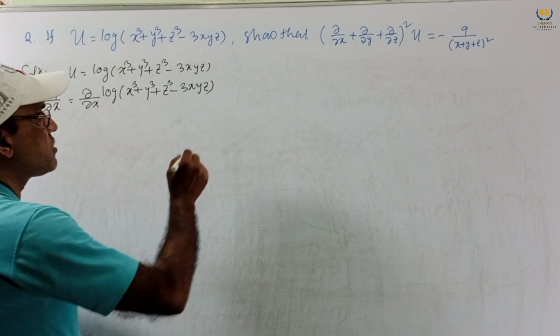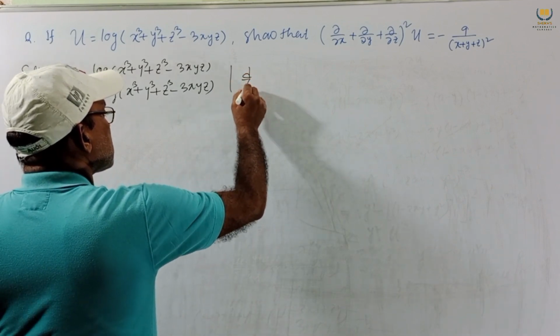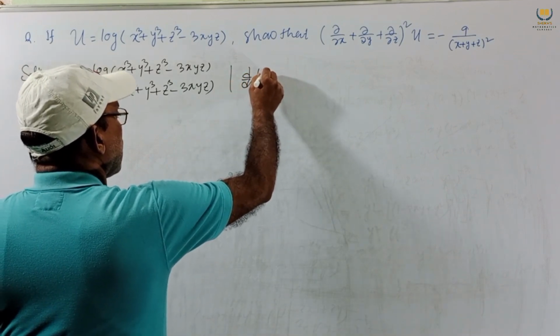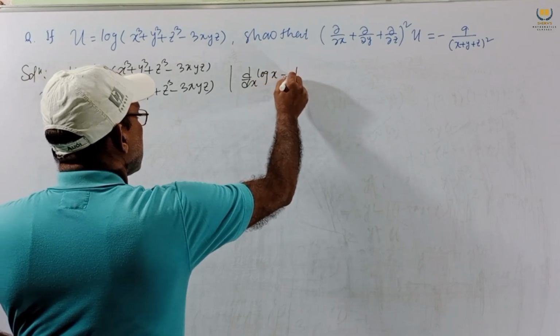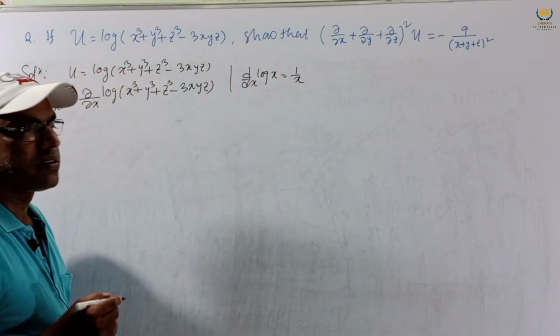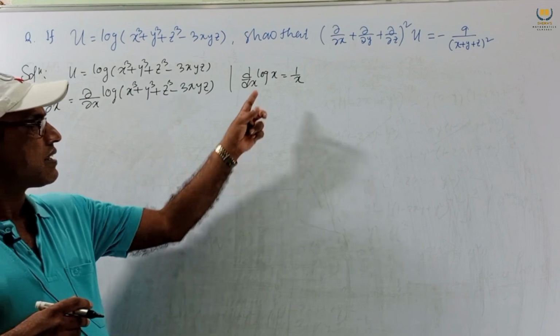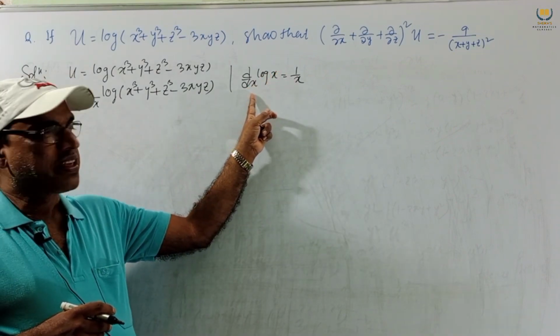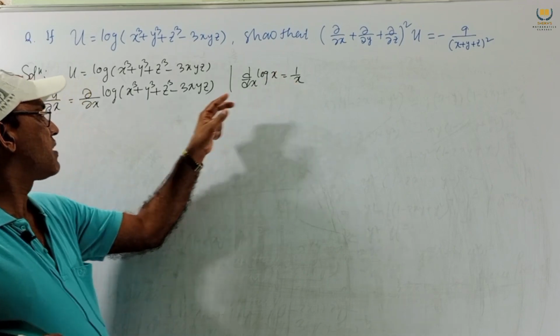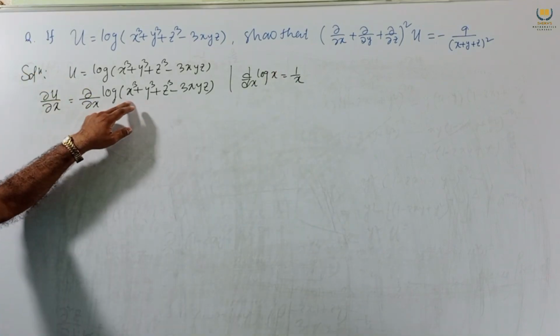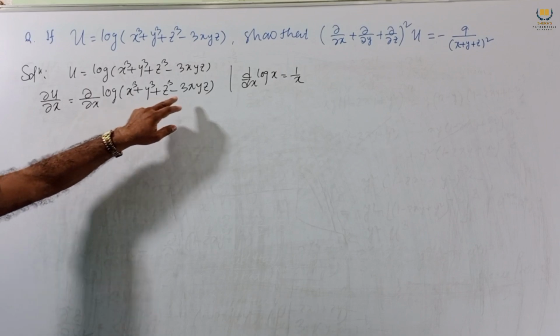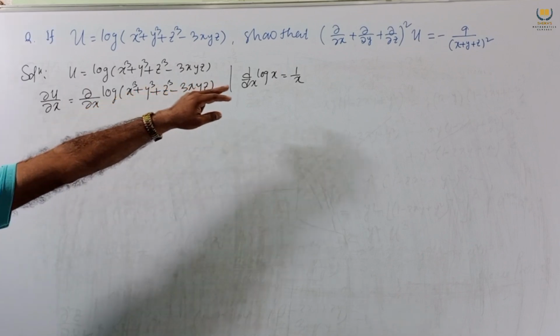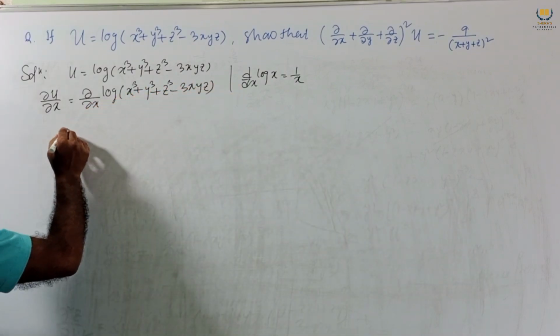But actually you know this formula, d/dx of log x equals 1/x. You get 1/x if both are the same, but here these two are not the same. So for writing this formula, using chain rule,